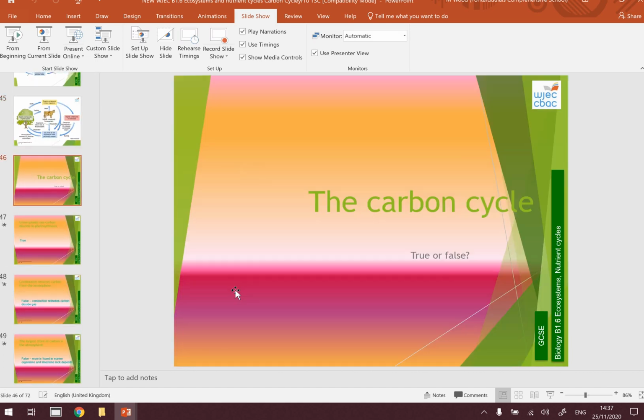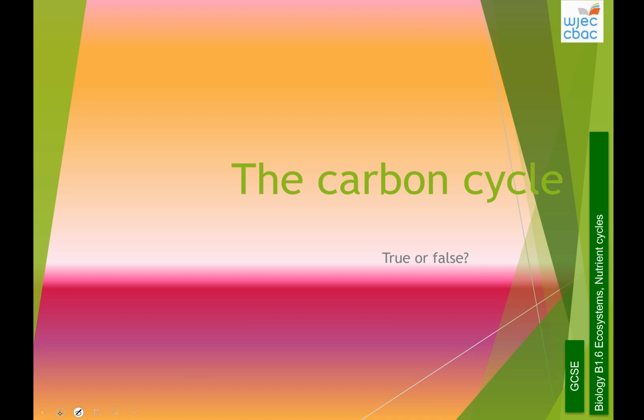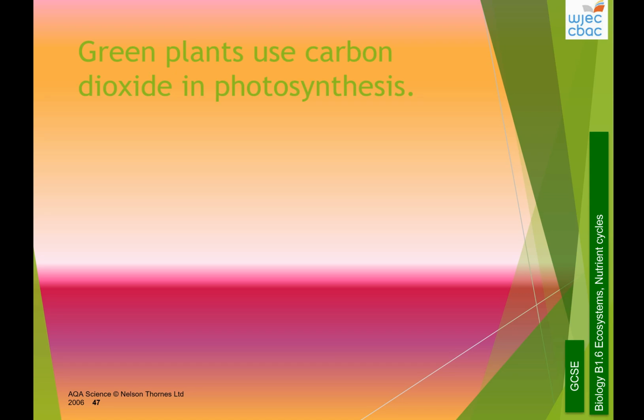You're going to start with a little starter activity, true or false questions, okay? So if I start it from here, you can use thumbs up for true, you can use thumbs down for false, so whoever is taking the lesson can see and give you a moment with each question. So green plants use carbon dioxide in photosynthesis. If you can give your answer,